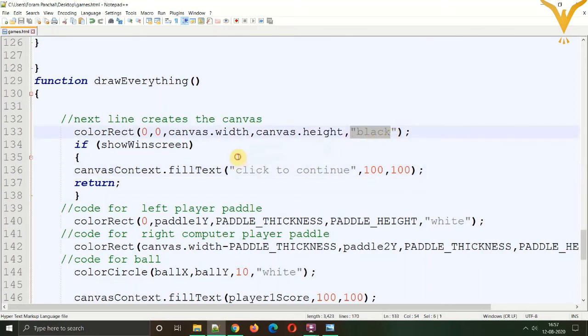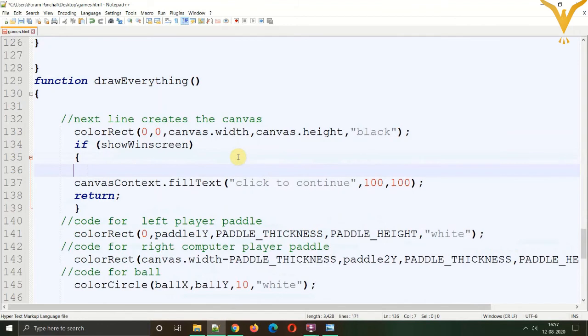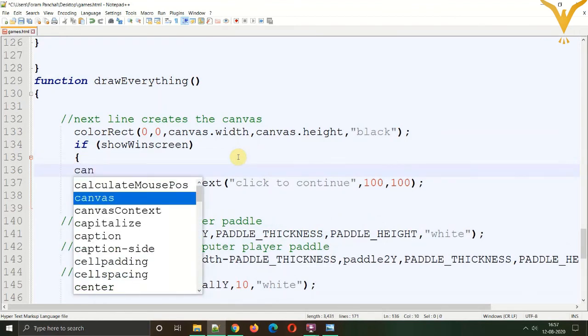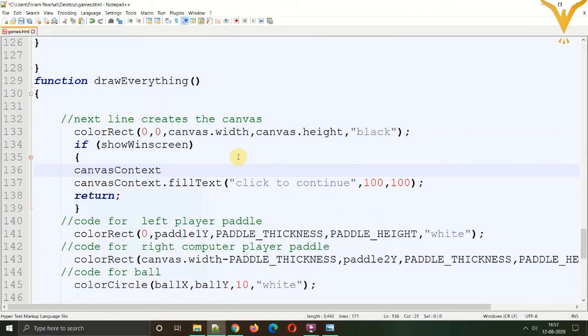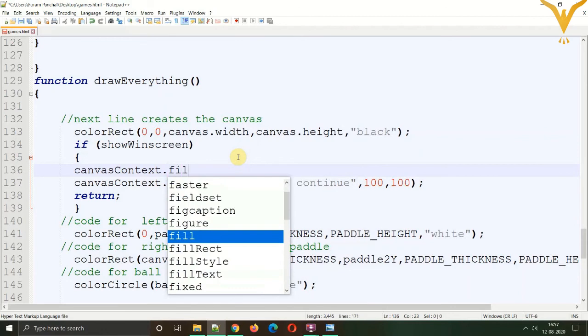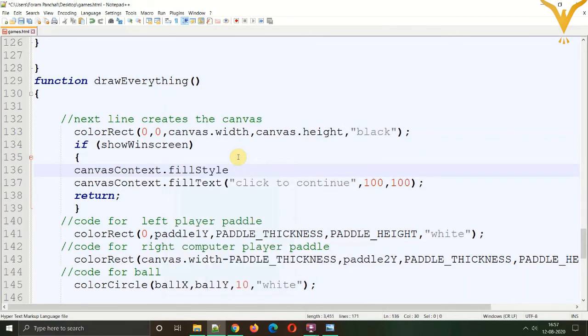So to use another color for the text, we need to type one more statement, which is canvas context dot fill style equals white, so that it's properly visible, and semicolons.